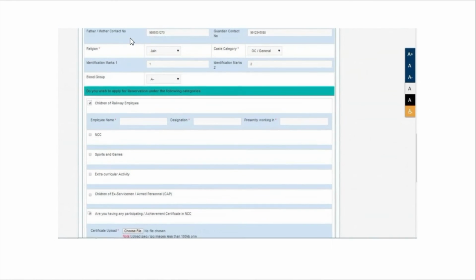You can see that the father's name and the mobile number have to be uploaded, and then the religion has to be selected appropriately, and the blood group. And then if you have any reservation, you can quickly fill up the details over here. If you have the reservation of railway employee, then you can just click it and fill up the details. Whatever details they ask, you can fill them up, and the next thing is you need to upload the